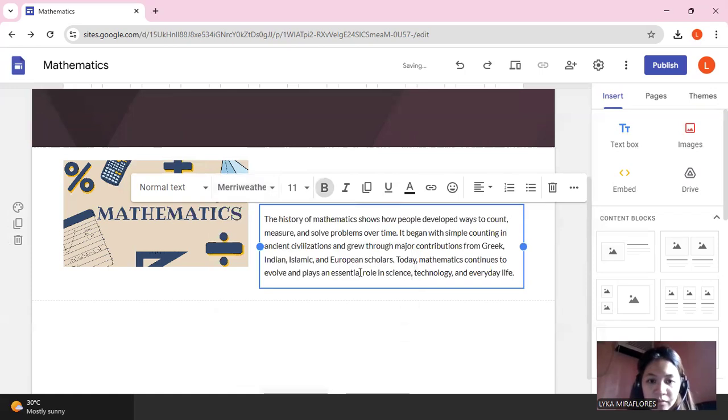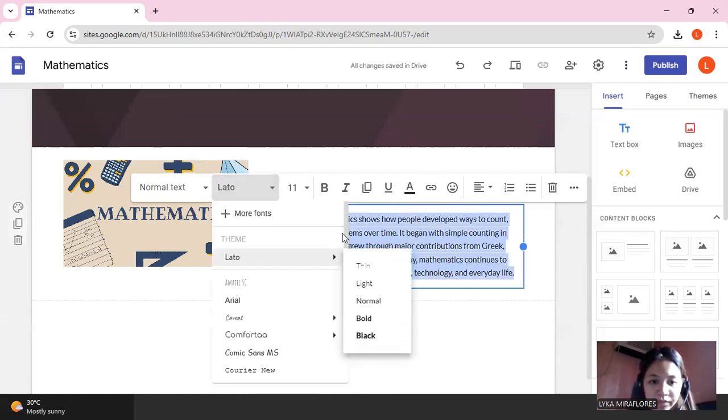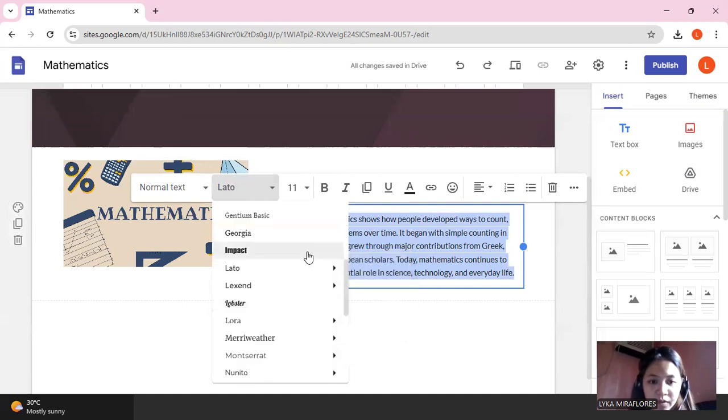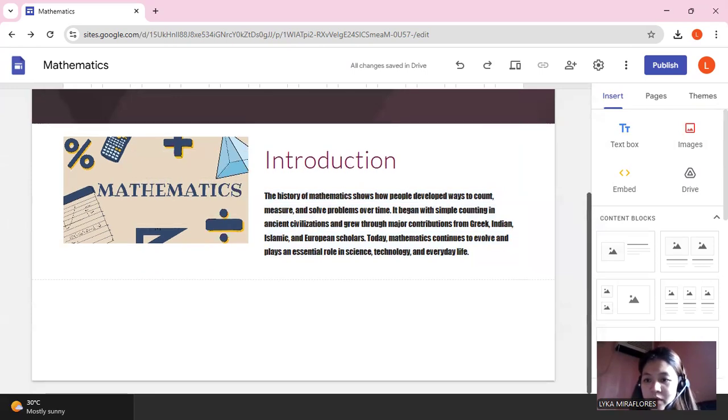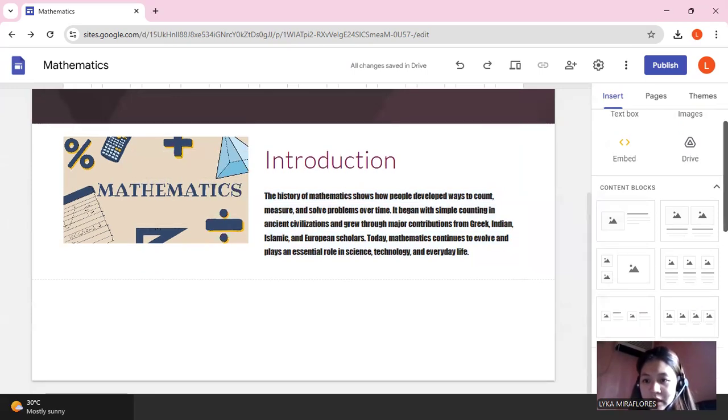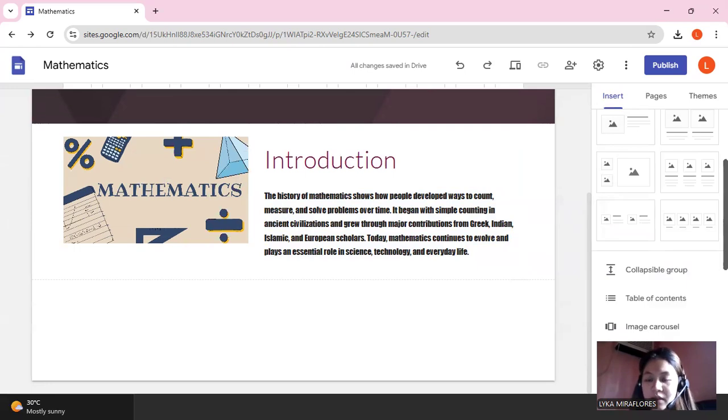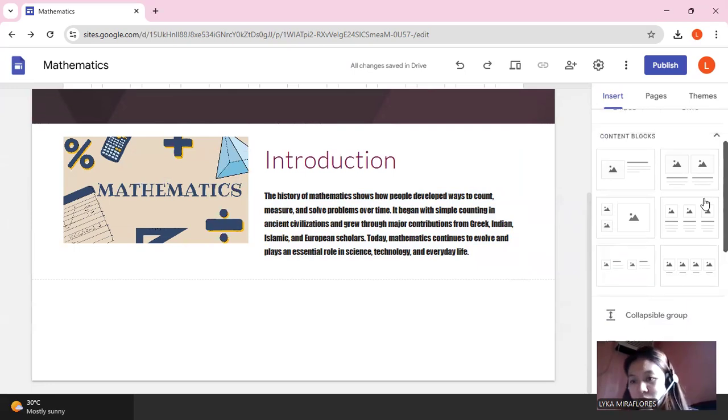Let's just randomly choose. Okay. All right, like this. Okay. So this is how you can utilize the content blocks. It also has an option to put two photos and then text.